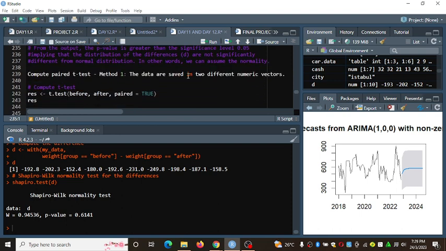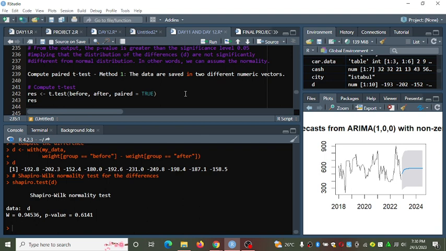From there we can compute this test using two methods. For the first method, we use the data from before and after, or we use the data frame we have just created.